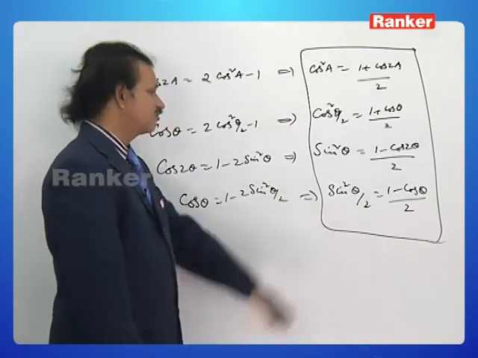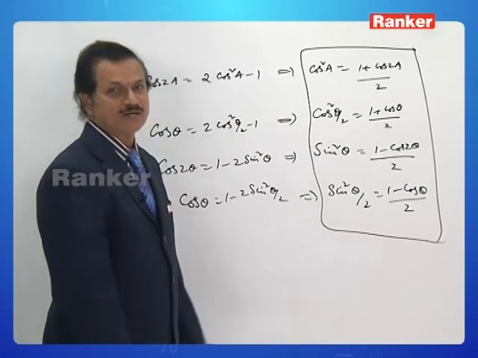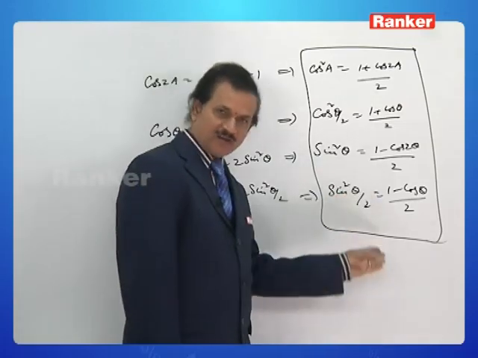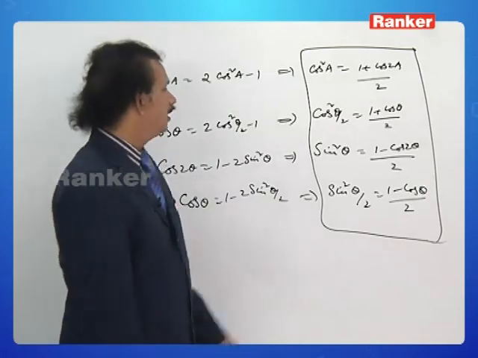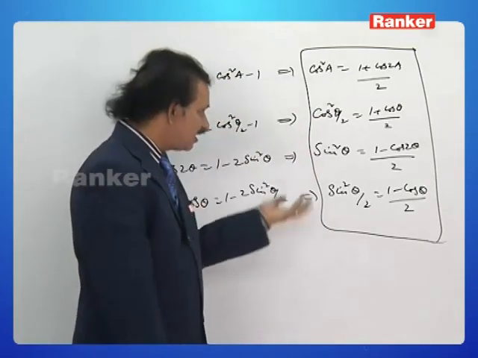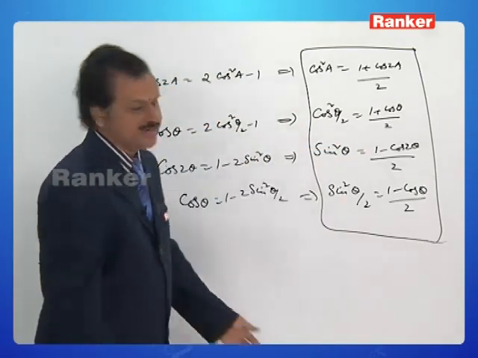I have given sine square theta by 2 only, but not sine theta by 2. If sine theta by 2 is required, plus or minus root of 1 minus cos theta by 2. If cos theta by 2 is required, plus or minus root of 1 plus cos theta by 2. Like that we have